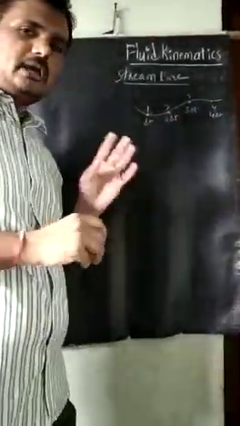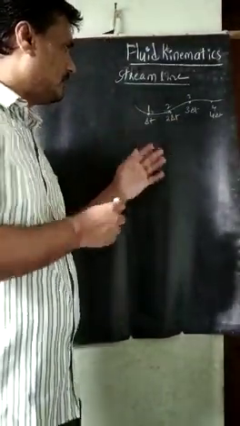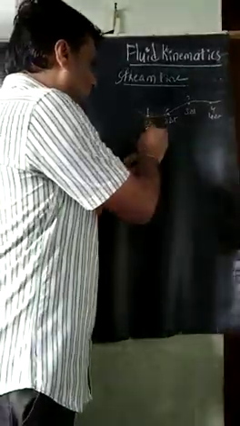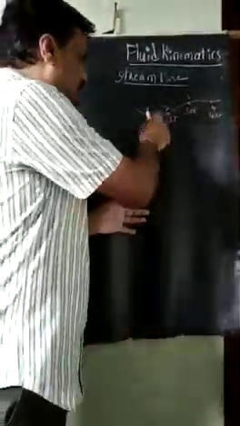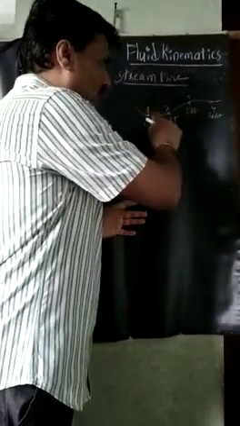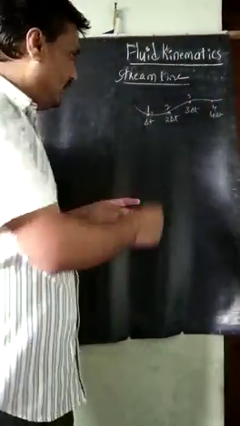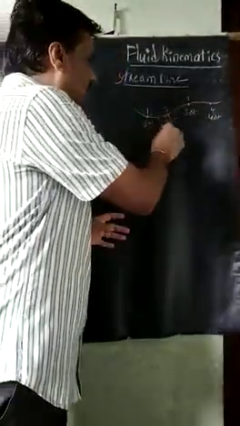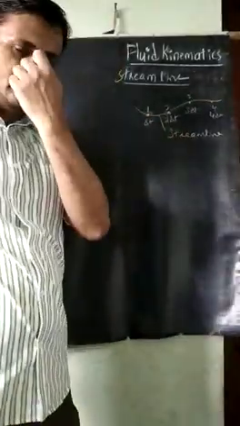Means what? When the time is 4 delta t, where delta t is a very small time, these are the points I am getting at different time intervals. For example, after 2 second, 3 second, 4 second, 5 second, this first point will reach the fourth point here. These are the 4 points at different time intervals. If I join these points like this, the locus of these points is called the streamline here.